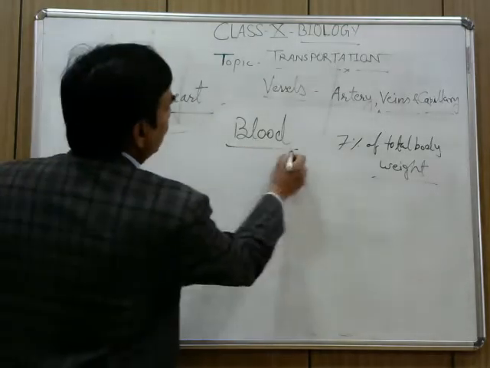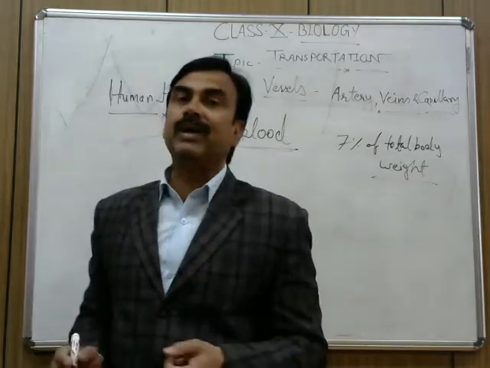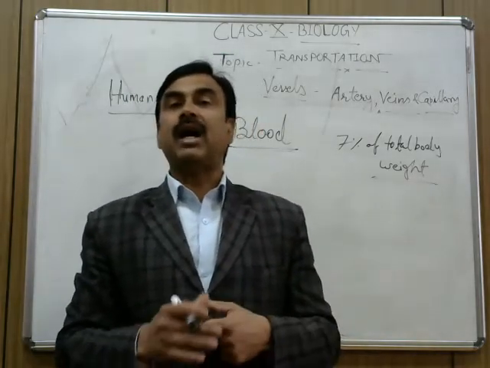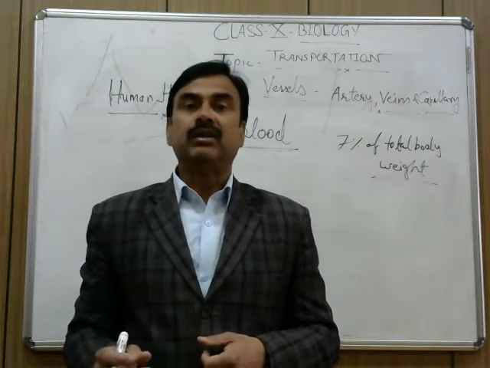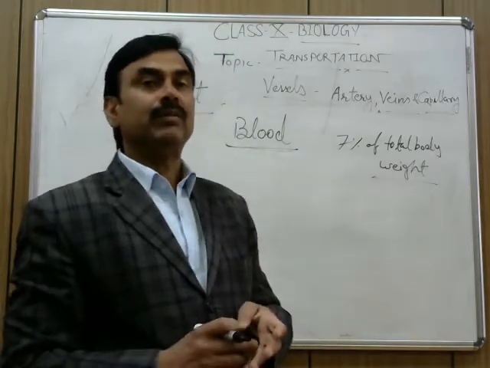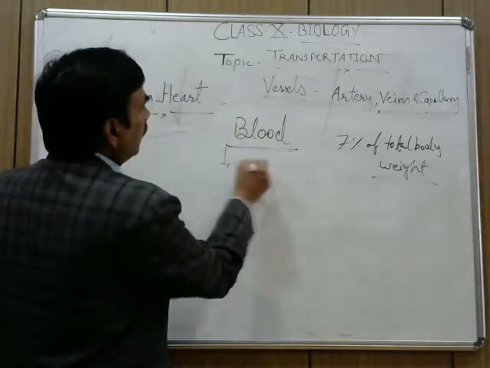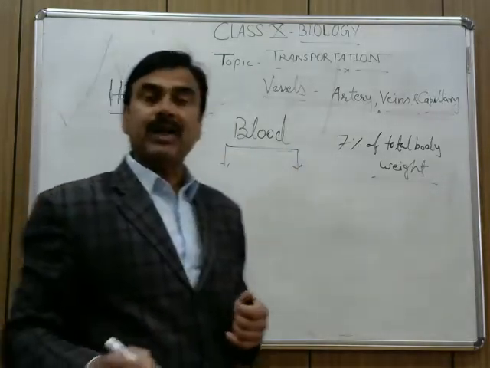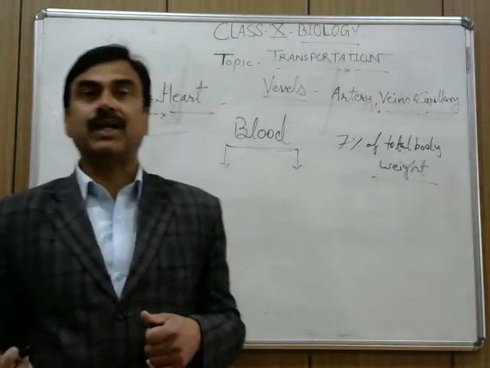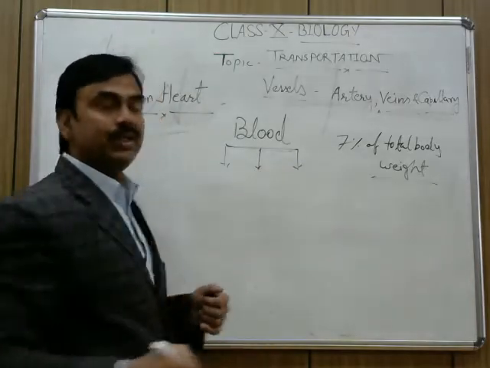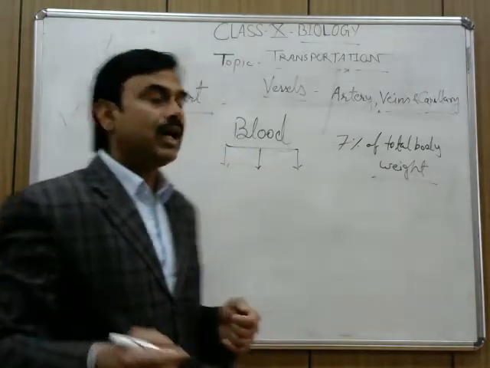Now, why does blood look red? I already told you in my previous lecture on respiration that a red color pigment is present in the RBC, called hemoglobin. Because of that the blood looks red. In the blood we will be talking about blood corpuscles and blood plasma, and there are 3 types of blood cells, which you especially have to notice after this: the RBC,